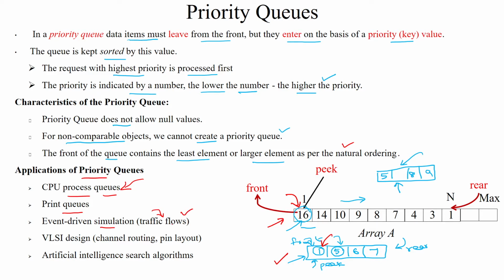high priority value. And in VLSI design, the channel routing, that path, chip level circuit design and also pin layout can be designed by using the priority. And the artificial intelligence searching algorithms also can use the priority value to search the given data based upon the